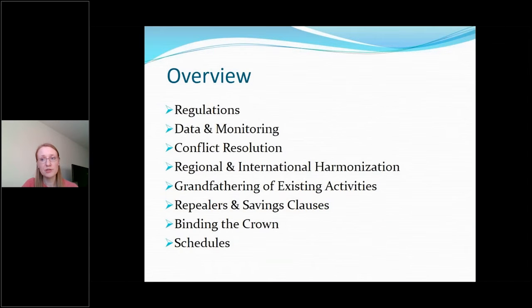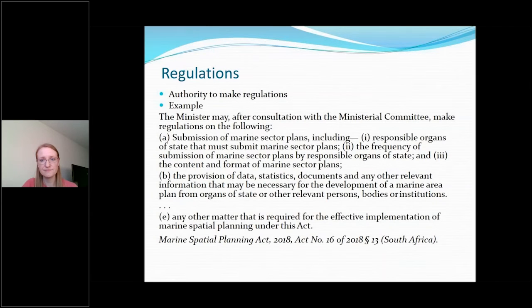The miscellaneous component of Marine Spatial Planning legislation covers various subcomponents. Arguably, the most important of these is a provision allowing for the promulgation of regulations. Marine spatial planning legislation should contain a provision establishing the authority of the government to make regulations under the law, specifying which governmental body has such authority and with regard to which aspects of the law.